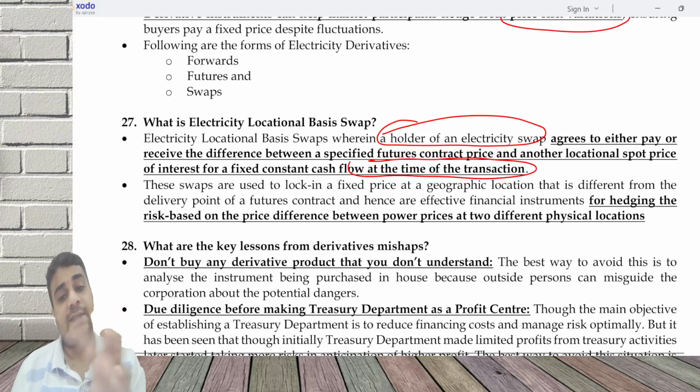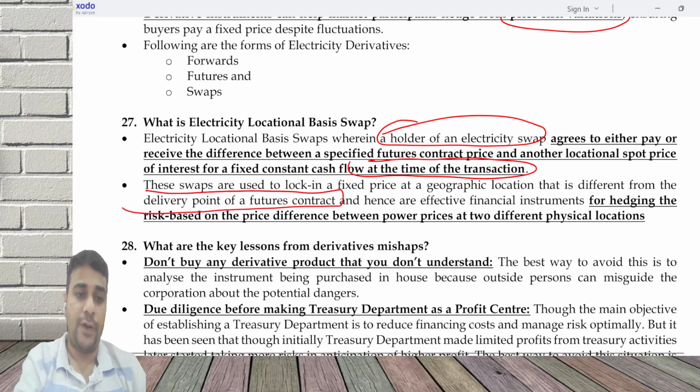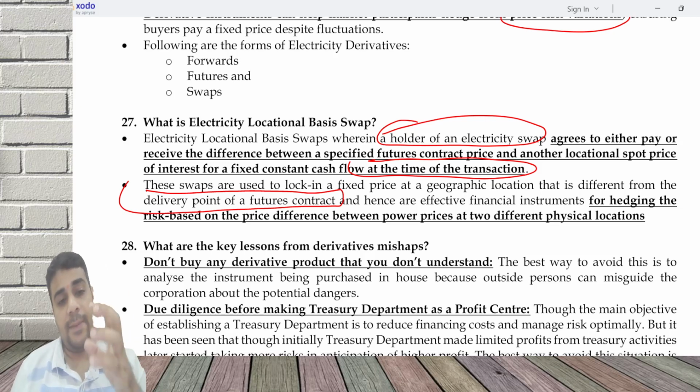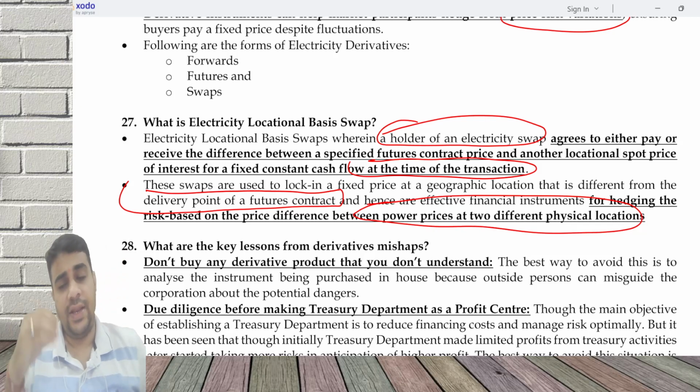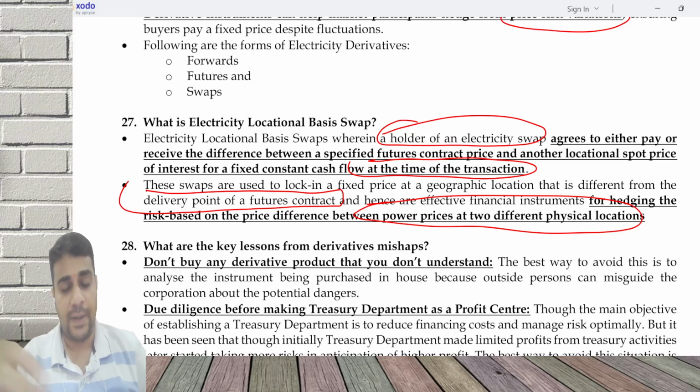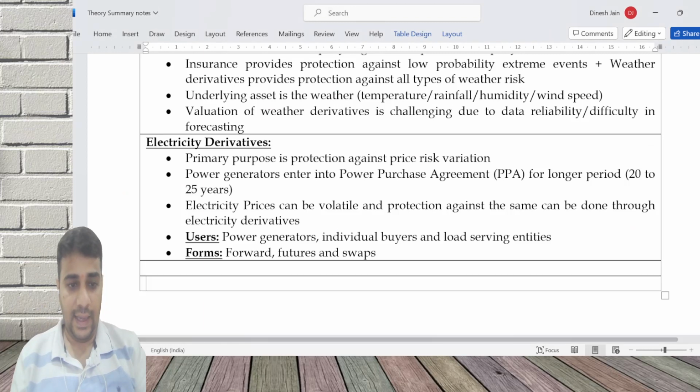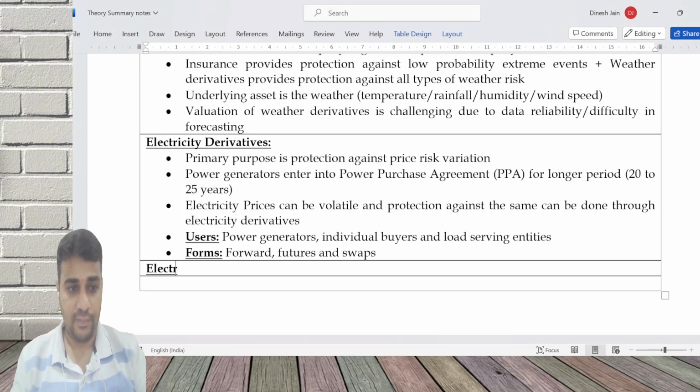So I can fix the price at a geographic location that is different from the delivery point of a futures contract, and it can be used to hedge the risk of differences in prices at two different physical locations. So the generation is happening in Chennai, the delivery is happening maybe in Coimbatore or some other place, and if there is a variation in the price, the electricity locational basis swap